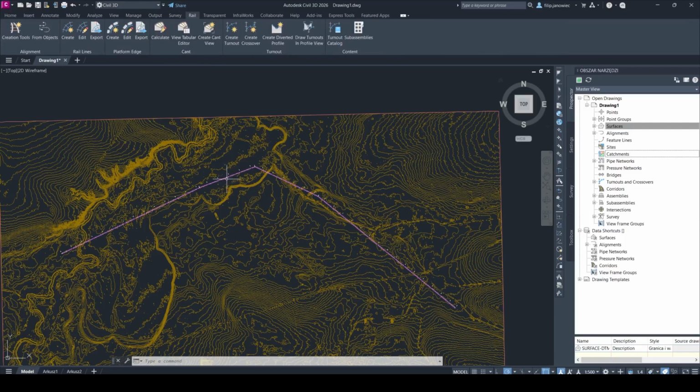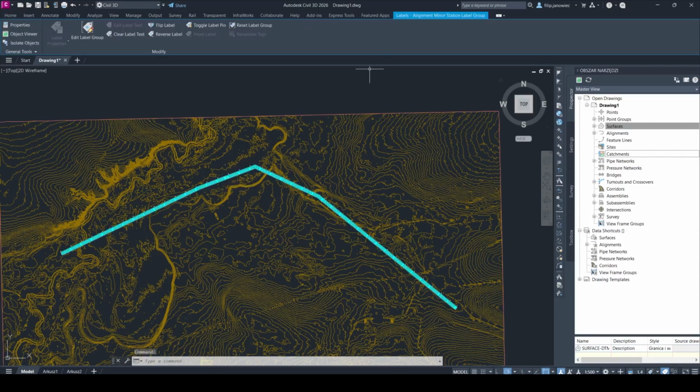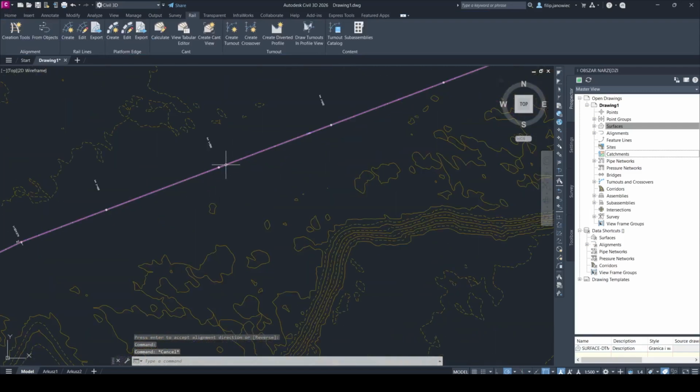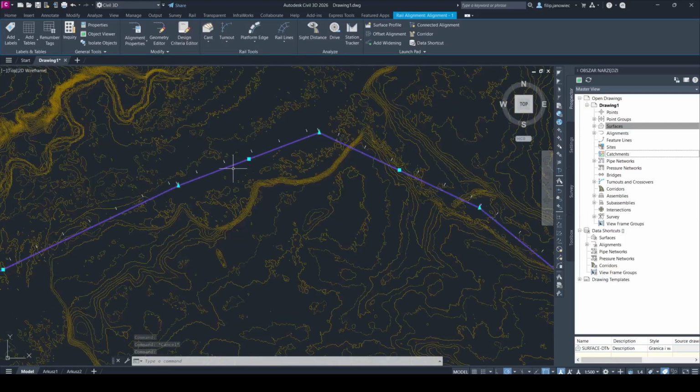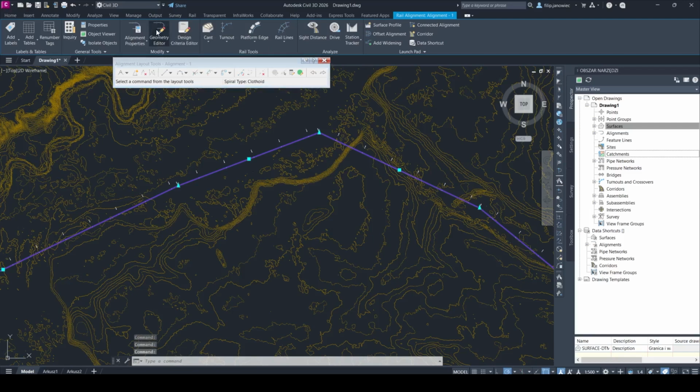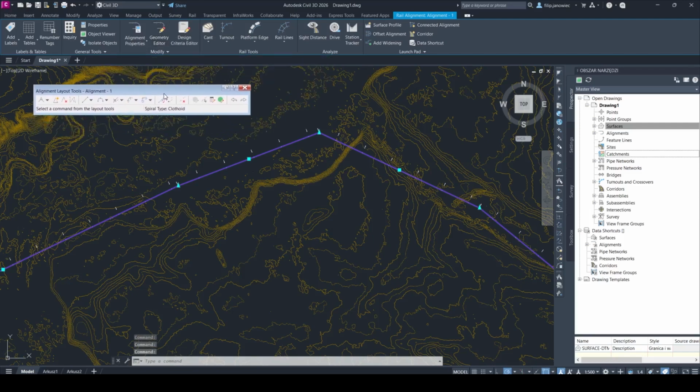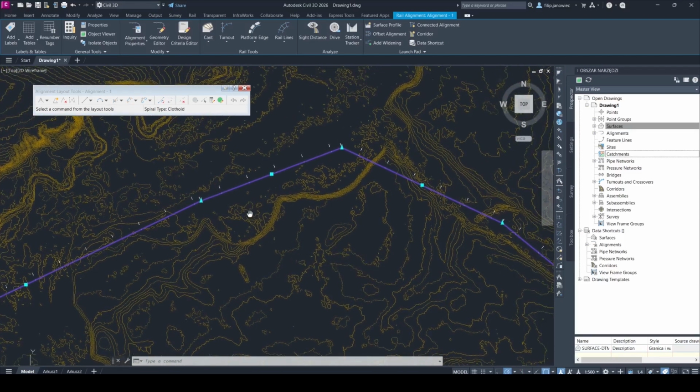We must click our alignment, so the purple polyline, and after clicking it correctly, new options appear, and we need to click geometry editor. Some new window appears, and this geometry editor is connected with our alignment, and by